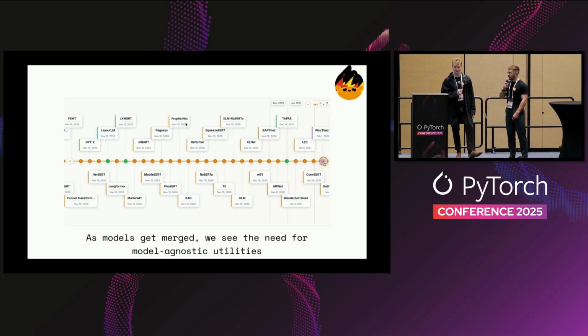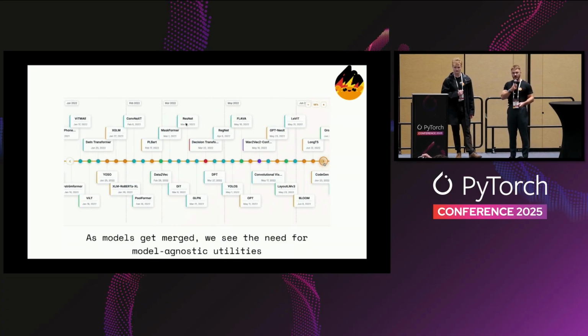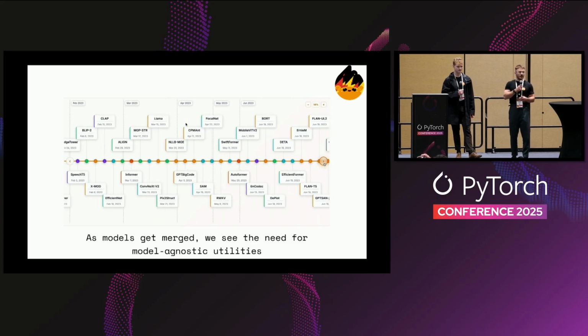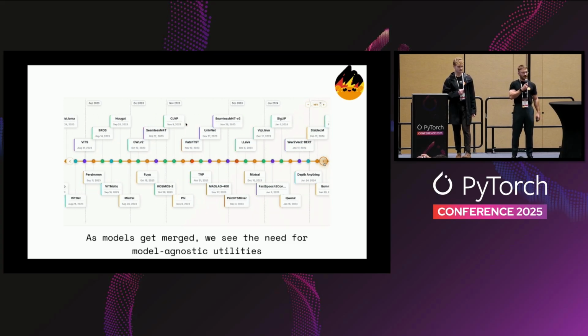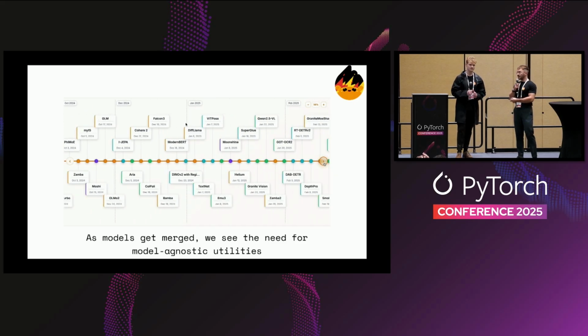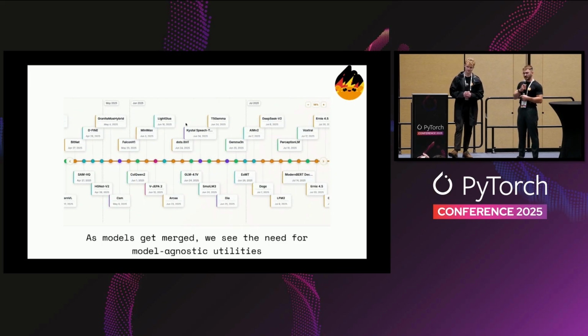And finally, we saw that as additional models got merged, and so now, as Arthur was saying, we're at about 350, 360 different architectures in Transformers, we saw the need for model-agnostic utilities to come. The best examples of that are probably the from_pretrained and save_pretrained methods, which allow serializing your model to disk. But there are many different APIs at different levels of the stack, like the pipeline API, for example, on top of all models of a given modality, or the very recent transformers serving option.